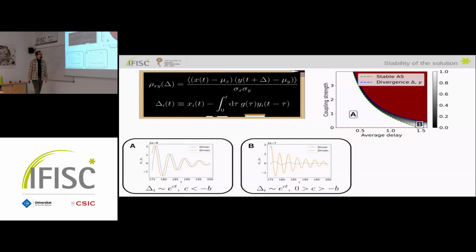And last but not least, we have this region in red, which is not a valid value for the maximum of the cross-correlation function. The problem here is that the driven system is diverging. So we are not able to compute the cross-correlation function because the driven system just goes to infinity. And as you can see here from the theory, the coupling term also diverges since this y is diverging. So this is pretty nice, but it's kind of confusing to interpret.